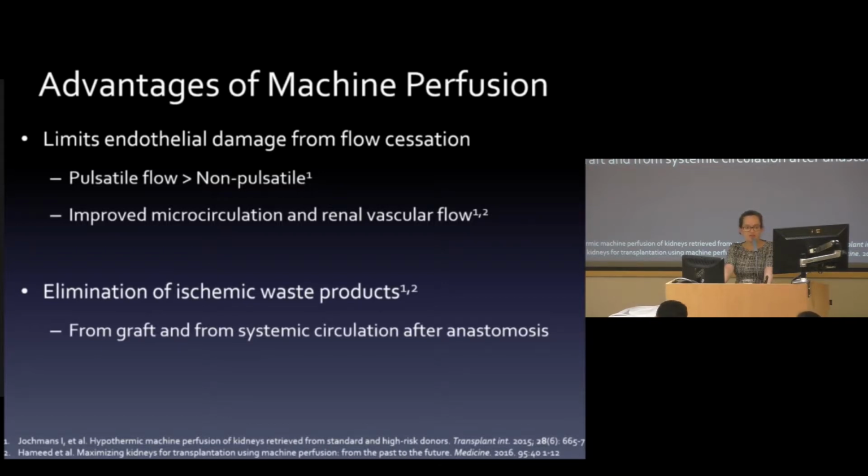But if you can decrease small vessel damage, you can improve the microcirculation to the graft, and that's going to lead to higher overall flow in your graft. Also important is that machine perfusion can eliminate ischemic waste products. That can help the graft, but it also has bearing to our case, because we're taking pretty much the whole lower leg muscle and reanastomosing it after an ischemia time. So if you can get rid of the ischemic byproducts that are sitting in the flap, that's going to limit your need to let the vein bleed after reanastomosis.